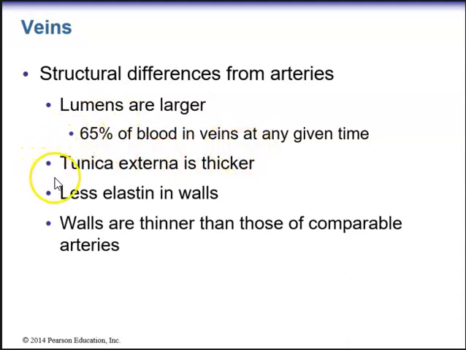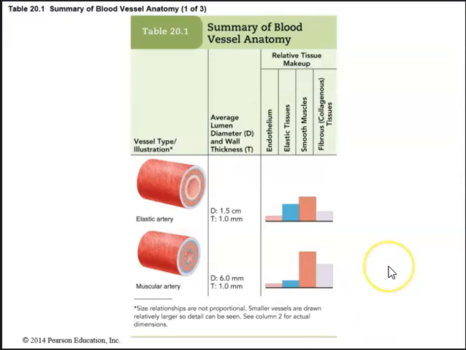We know that the tunica externa, that outermost layer, is actually thicker compared to arteries. But we also know that veins have less elastin in their walls, and these walls are thinner compared to the arteries. And this table in your book, table 20.1, is a summary of the anatomy of blood vessels,